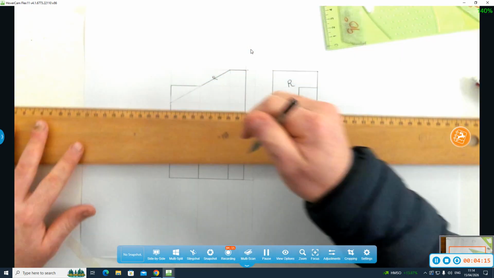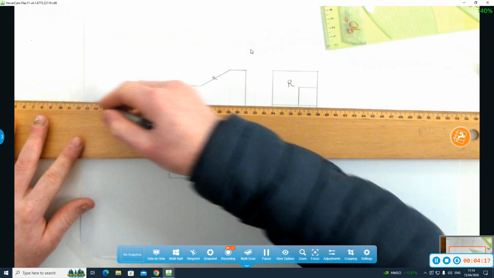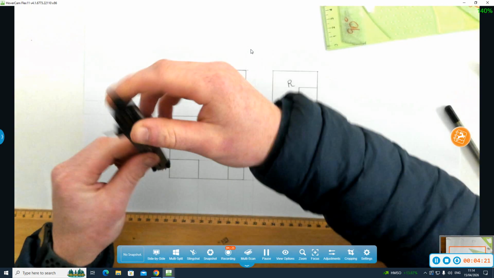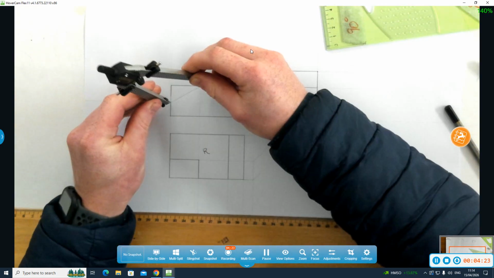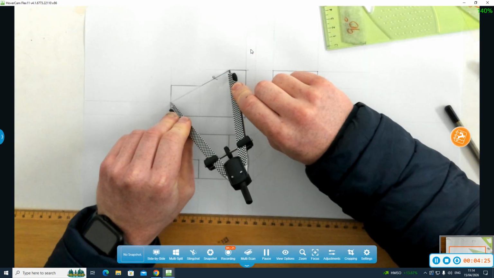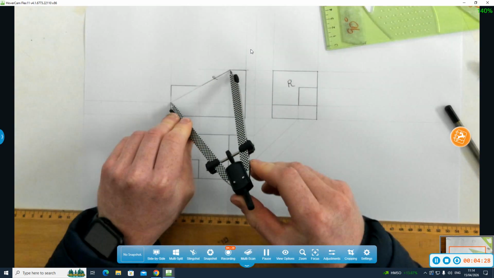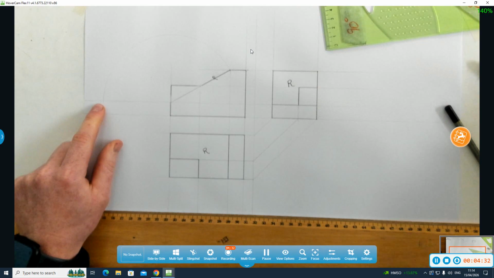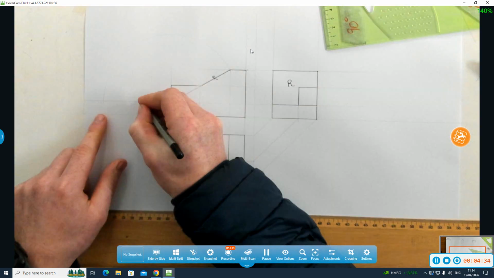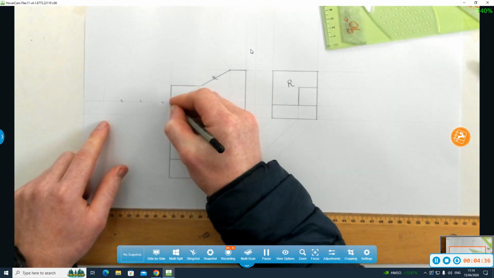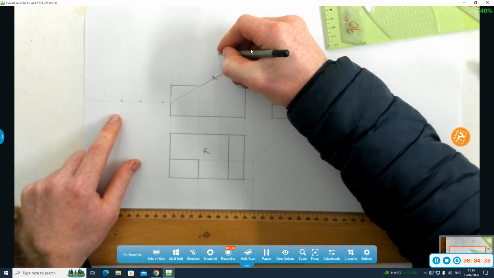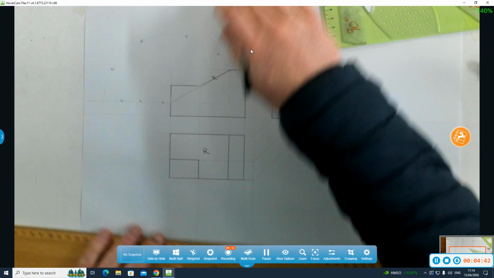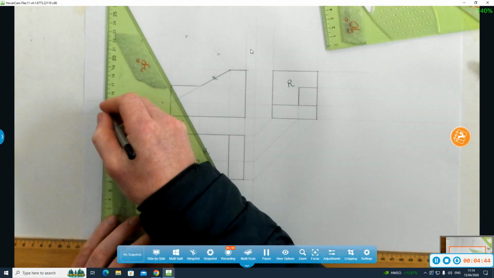So I'm going to do my level line, my line parallel with my XY line here. I'm going to get my compass, put it at the start of R, extend it to the very end of R, rotate that around till I hit the level line. I'm going to draw a few arrows there on my line. So that went out straight from the corner of R, parallel with the XY line, which is just a horizontal line. That got swung around. Bring this now down